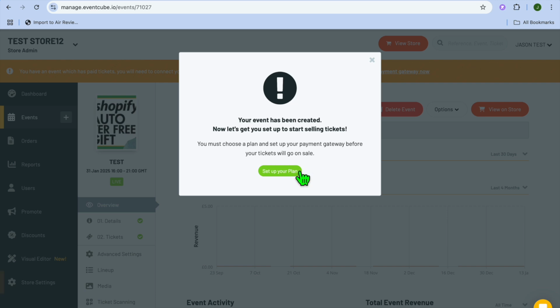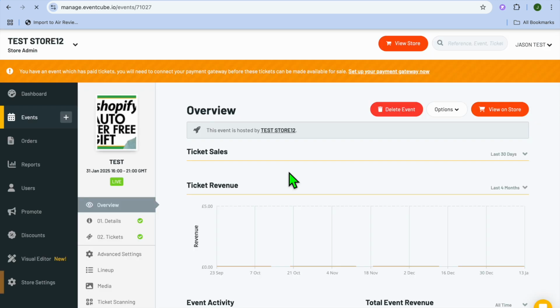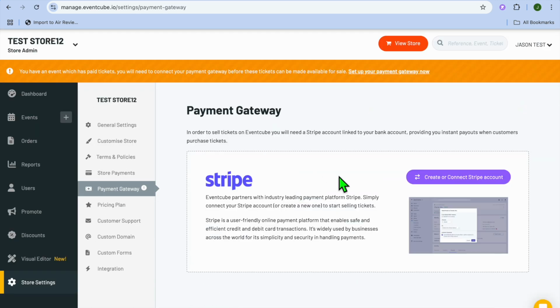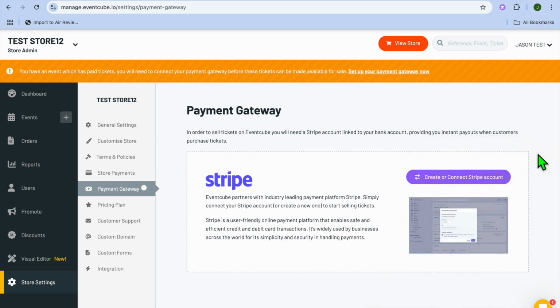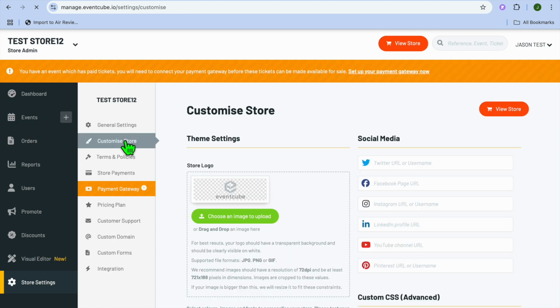After you have saved it, you can see your event has been created, and you'll tap on Set Up Your Plan. And this is where you'll be able to connect your Stripe account. And this will be the payment gateway that persons will be able to use to pay you. So you want to connect Stripe right there. After you have connected Stripe, you're going to go over to the left-hand menu option, and you can tap on